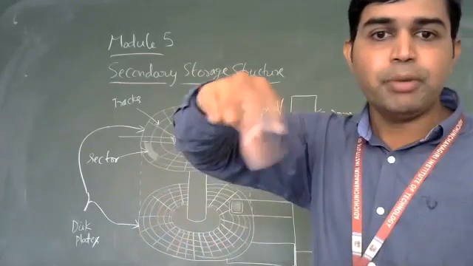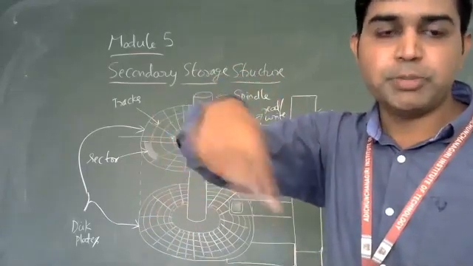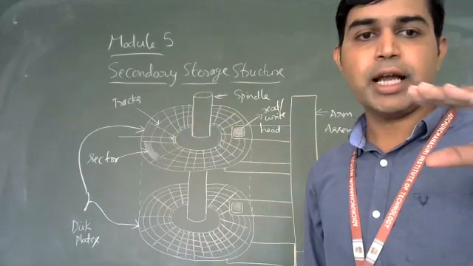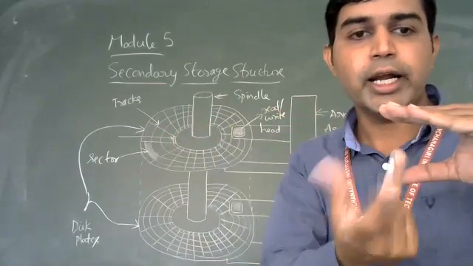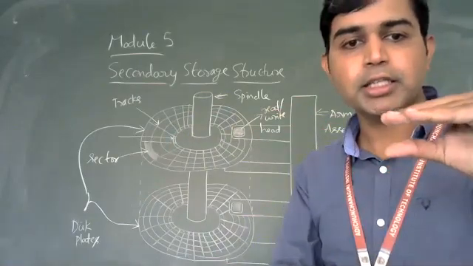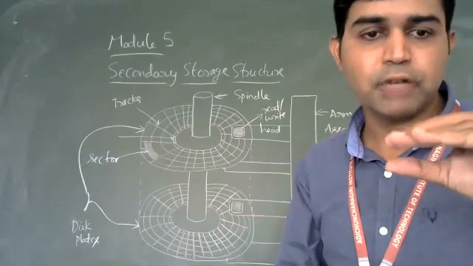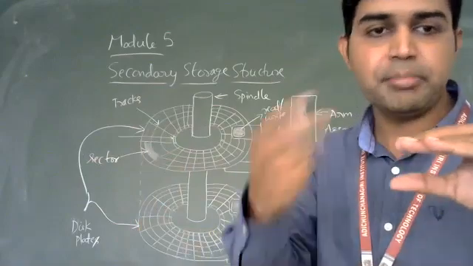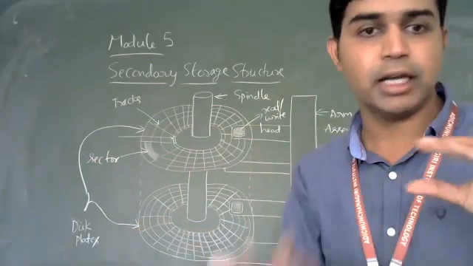So that will keep on rotating. Your spindle will be rotating and your read-write head will be present like this. As your disk rotates, your read-write pointer touches that surface. When it touches the surface, it is writing something, or it may be accessing some data from your disk which is rotating.